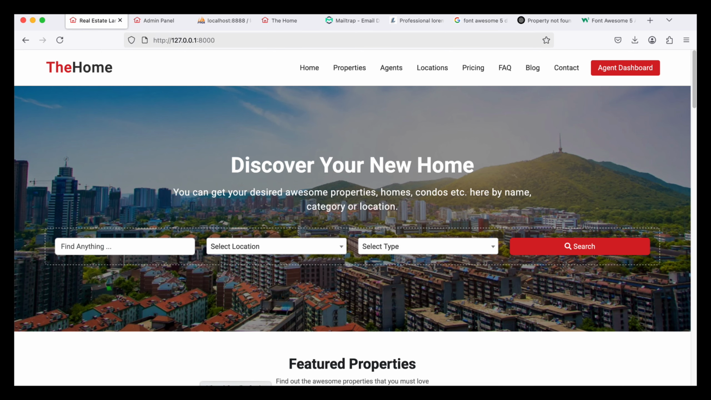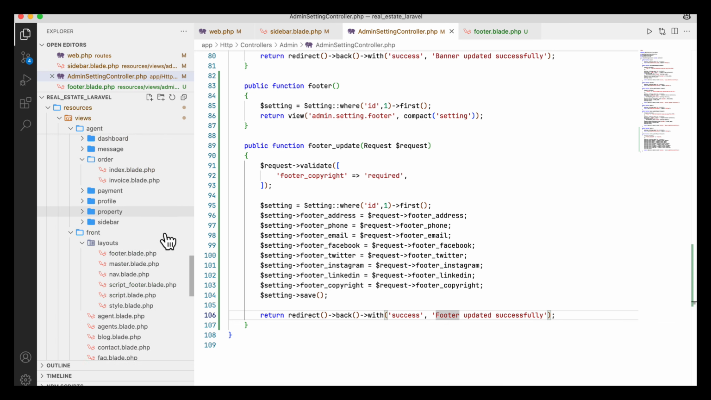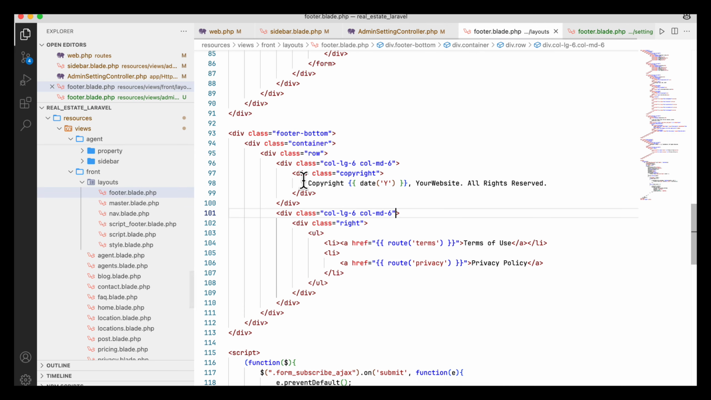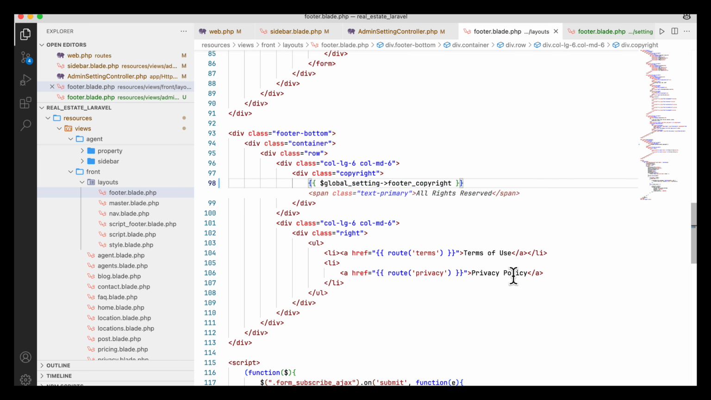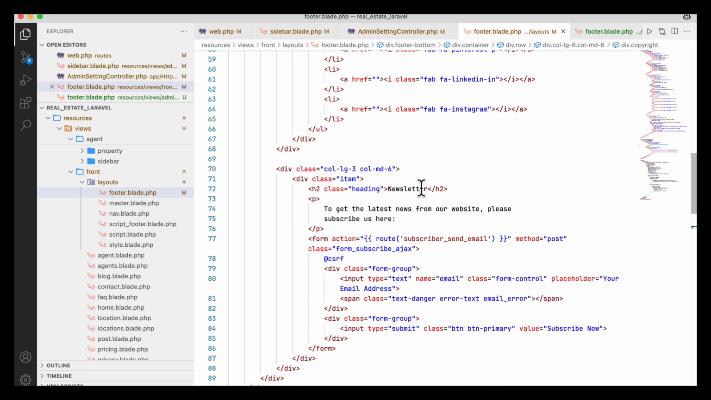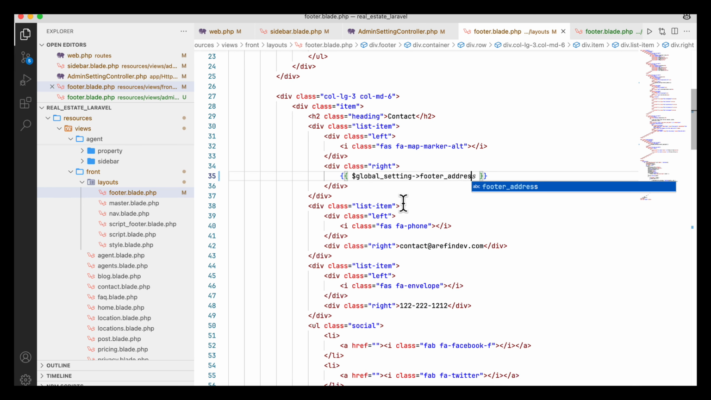Now in the real footer I am going to work with, that means I am going to the footer blade, that means in the layout there is a footer. So these items will not be here. I am going to write global setting footer copyright. Okay, so global setting is important for me to show here. So this one is okay, and then the others item are here, that is the global setting of footer address,